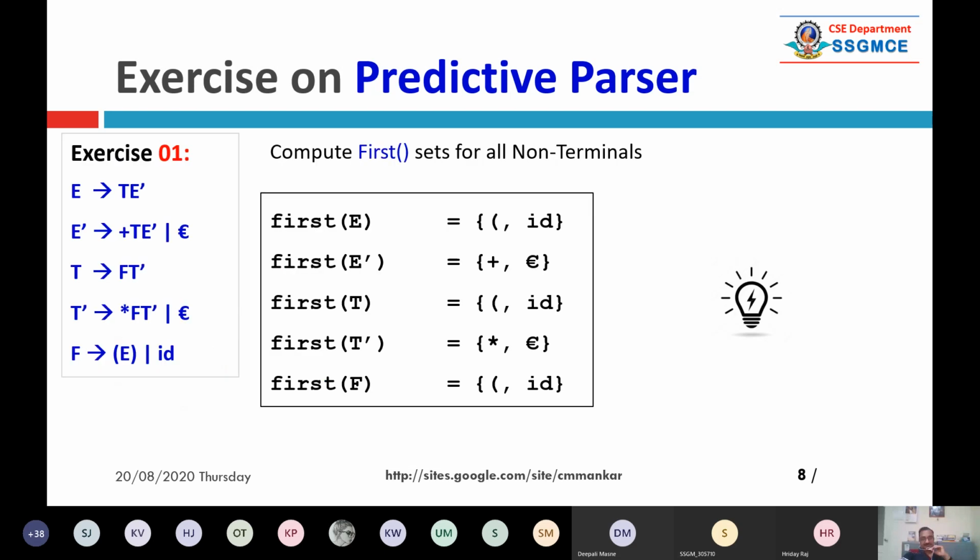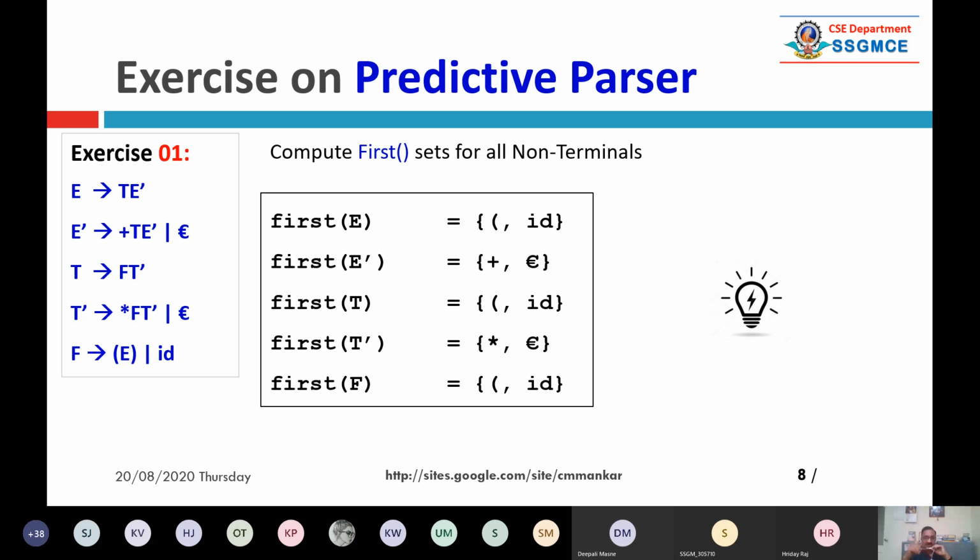So right now, what is the first? Just imagine what we are doing. We are computing first for capital E, then E dash, T dash, and F. The first set is nothing but a set of terminals.